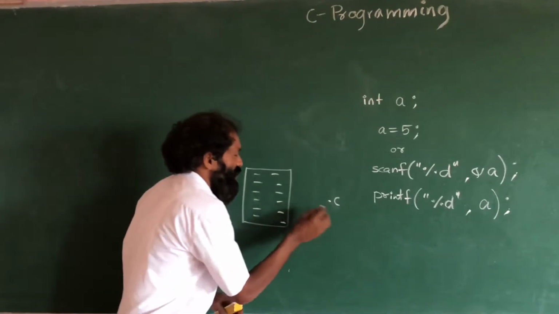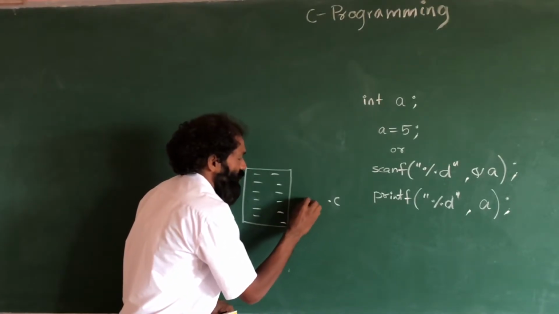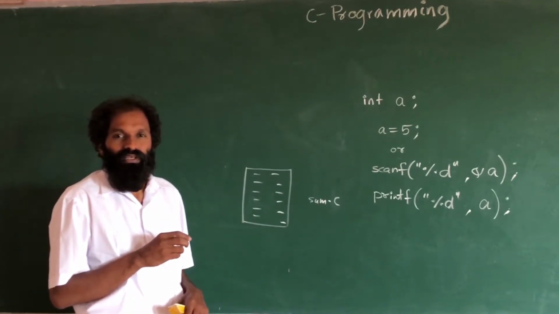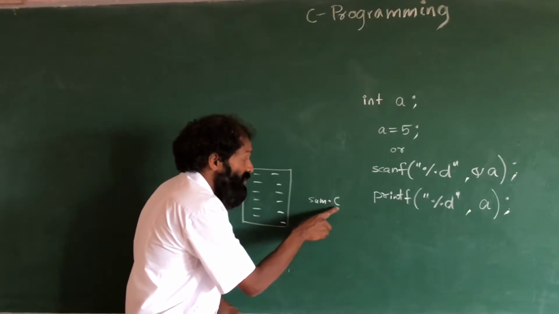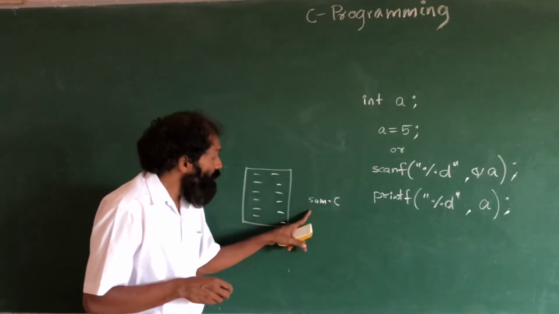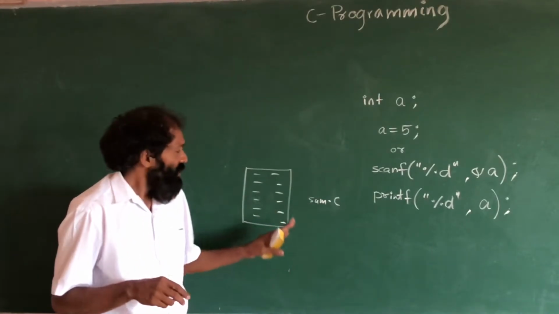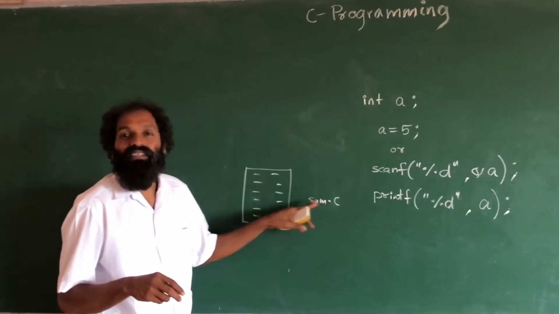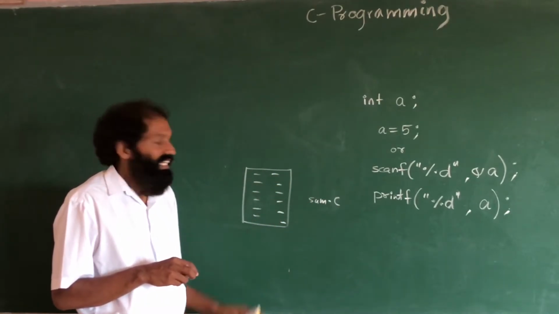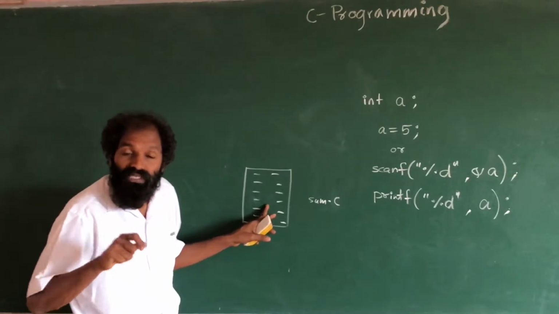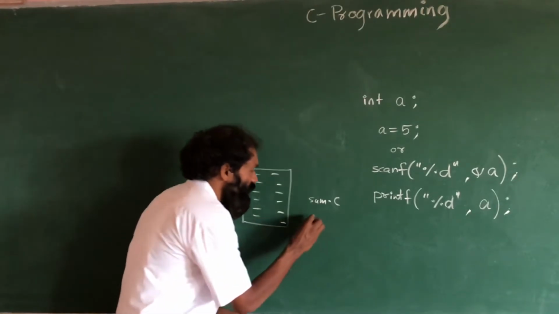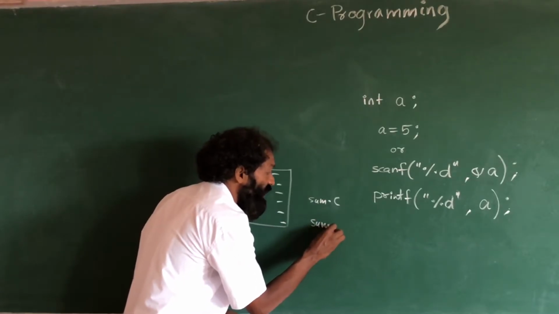Simple file name. Something like sum of two numbers means we'll give sum.c. Sum is the file name, .c is the file extension. Sum.c means it is a file with extension C, so it is a C file. Inside is the C program, the C code. If we write something like sum.txt,